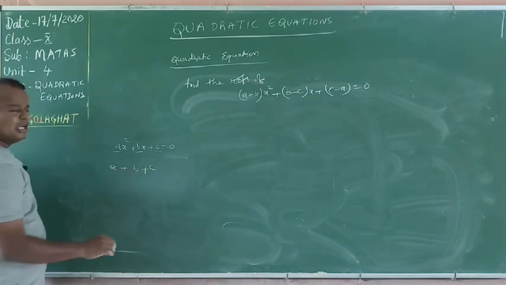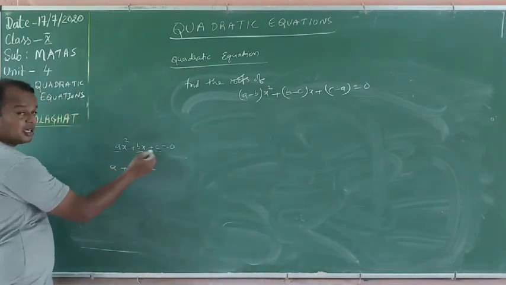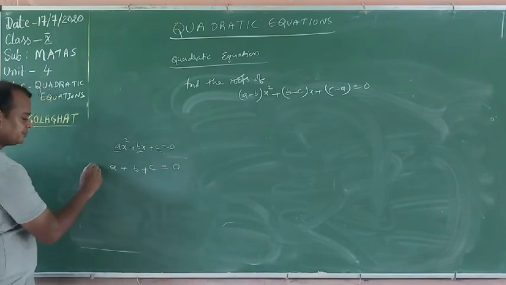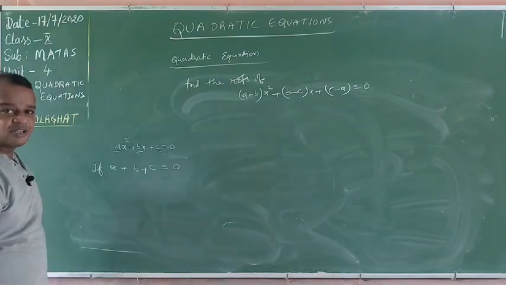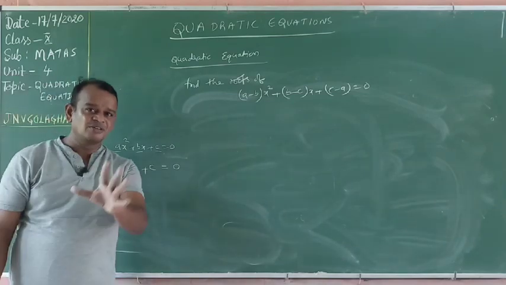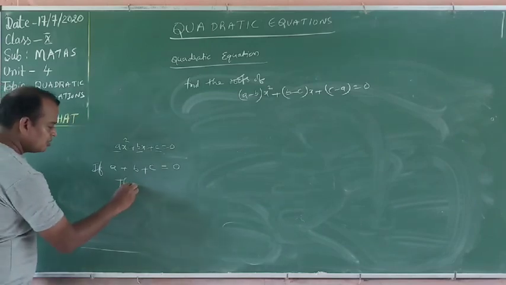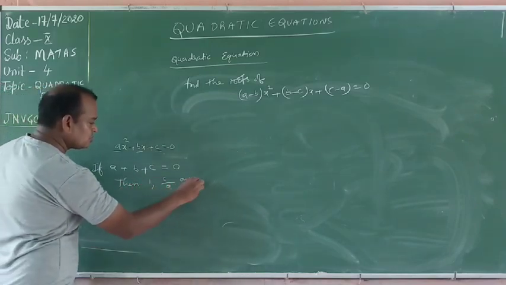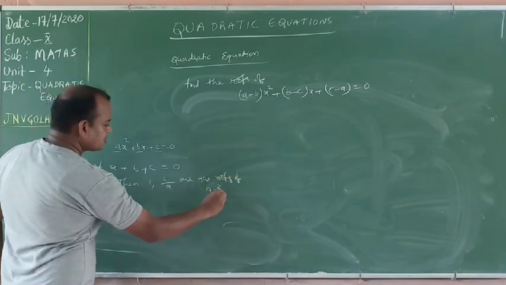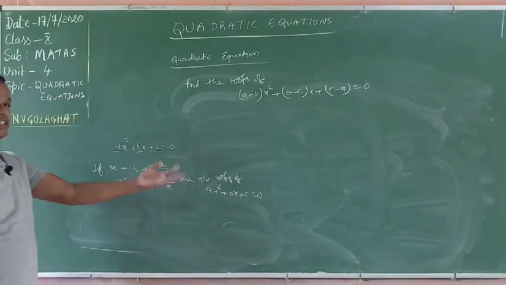Constants a, b, c are the coefficients. Now, we are adding these 3. Only coefficients, not x terms, not variables, only coefficients: x square coefficient, x coefficient, constant. Now, a plus b plus c adding. Whenever the sum of the coefficients is equal to 0, immediately write the roots. If a plus b plus c is equal to 0, then 1 comma c by a are the roots of ax square plus bx plus c is equal to 0. 100%.